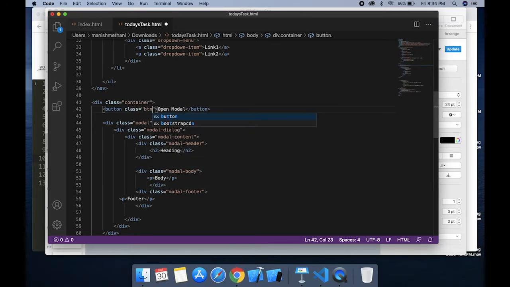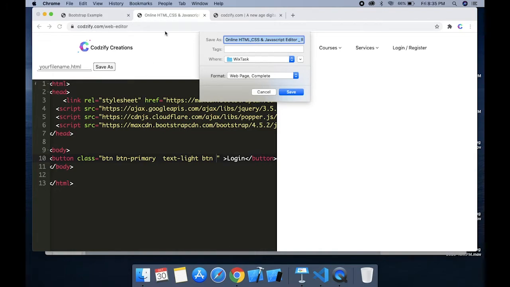Now we want to add the proper button, so we use the class which we have seen, btn and btn-primary for this. Okay, and we will give the data-toggle property as modal, and what we want, data-target, so that when we click on the button it should open the exact modal here, my modal, and we'll give the id to this modal as my modal. Okay, let's see what it displays.